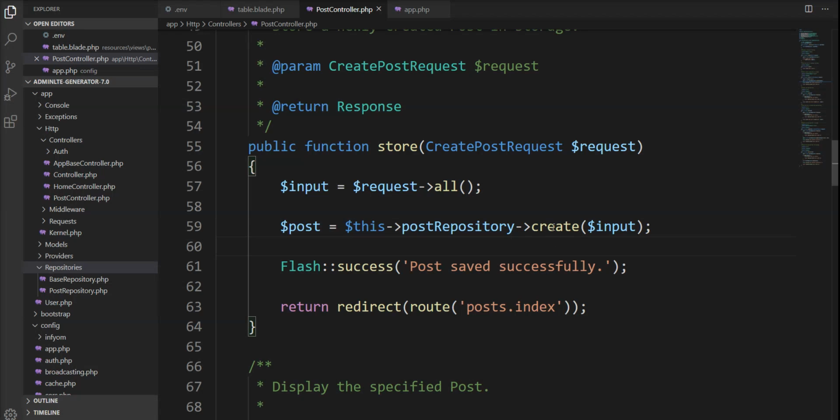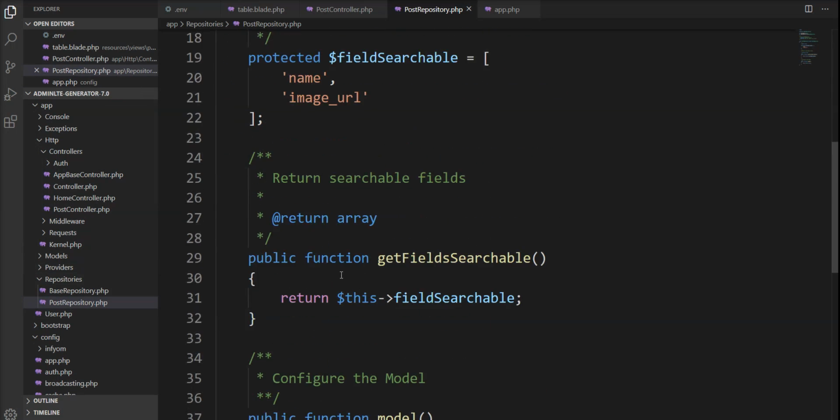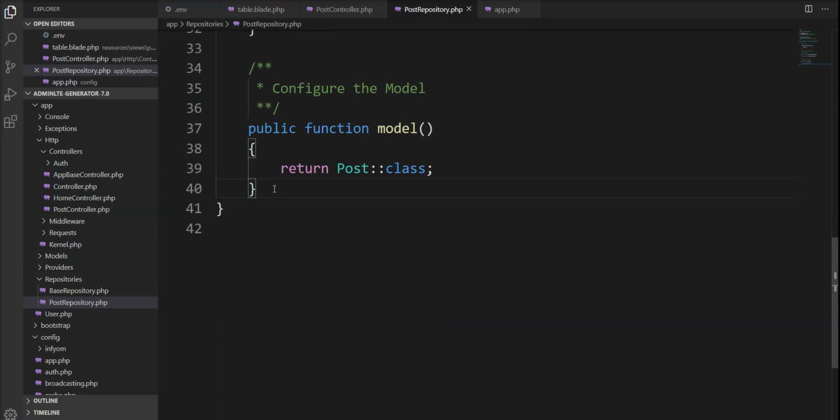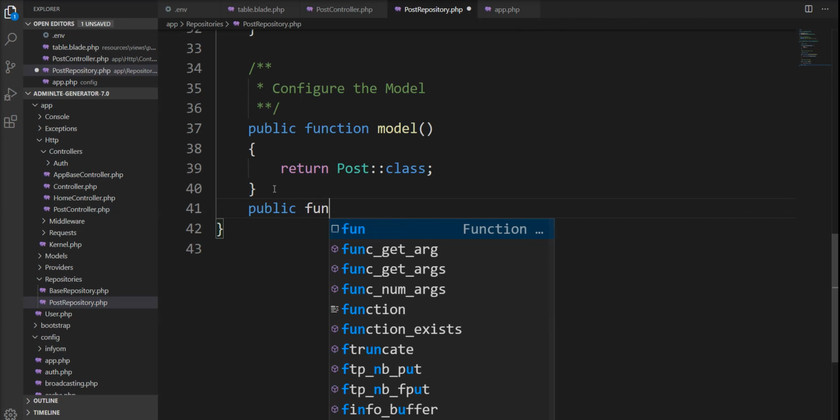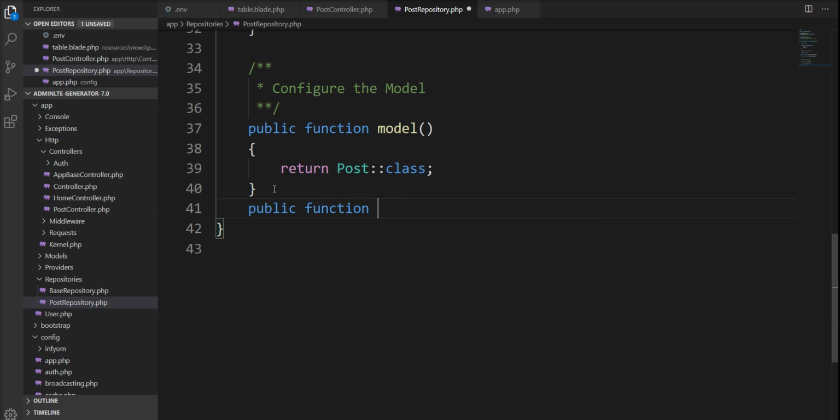Right now we are using the create method of the base repository, but now we need to create one custom function in the post repository. You can find the post repository under the repository directory. So let's open the post repository and create one function here, public function createPost